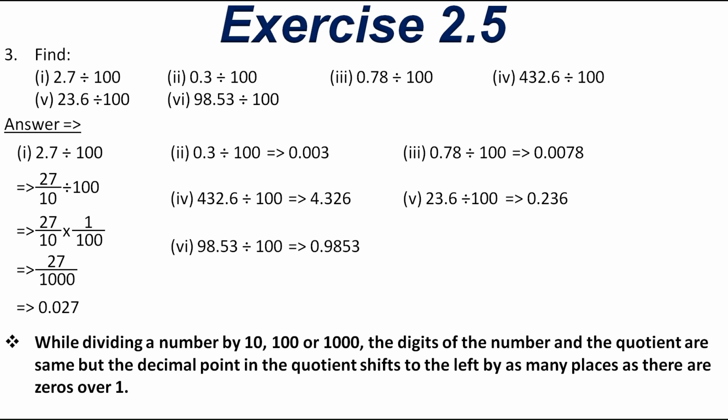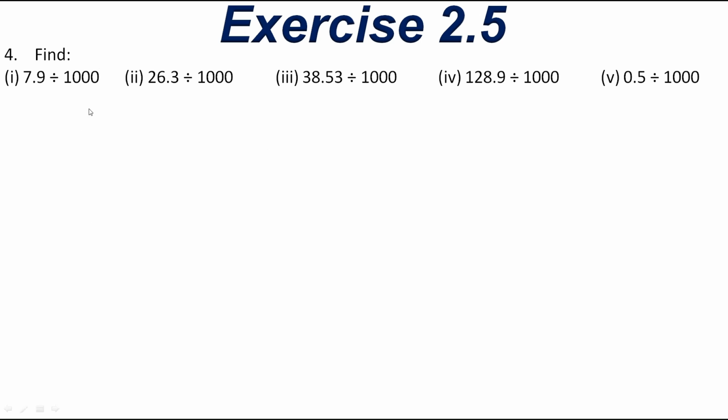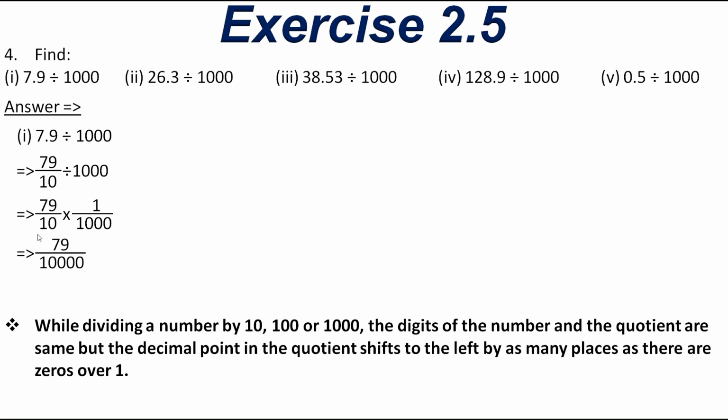Okay. Now the next question, the fourth one, is 7.9 divided by 1000. Now here all the numbers are divided by thousands. That means we have to shift the decimal point by 3 digits towards the left, because of this rule. Okay, we will check it with our regular solution. So 7.9 we write as 79 upon 10 divided by 1000. So this will become 79 by 10 multiplied by 1 upon 1000. So 79 ones are 79 and 10 into 1000 is 10,000. Okay. So as there are 4 zeros, we have to write the answer as